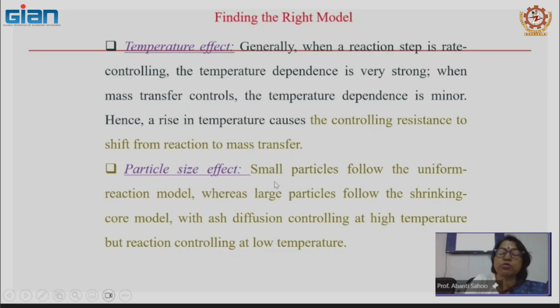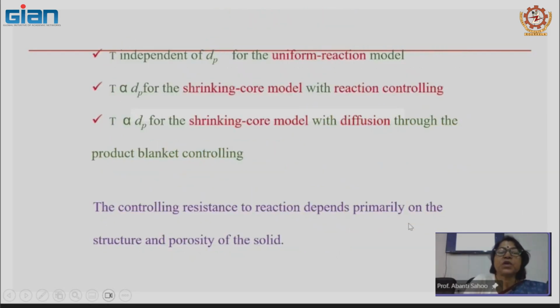In case of small size particles, we can consider the uniform reaction model. In case of large particles, we can follow the shrinking core model. Now, temperature dependence is also related to particle size. For small particles, we are seeing the uniform reaction model, where it is temperature independent, and for the shrinking core model, temperature is dependent, because the reaction rate is controlling, and it is also the shrinking core model with sometimes